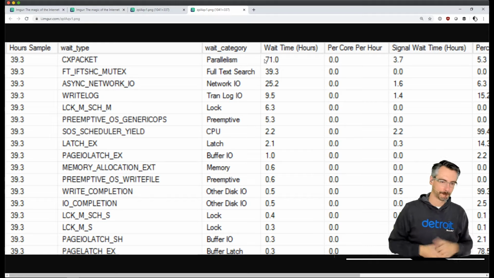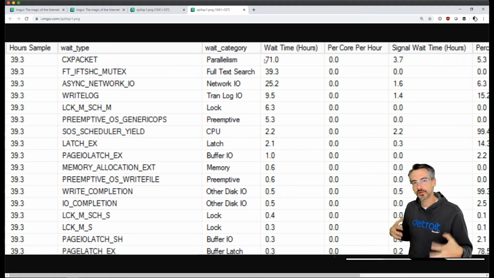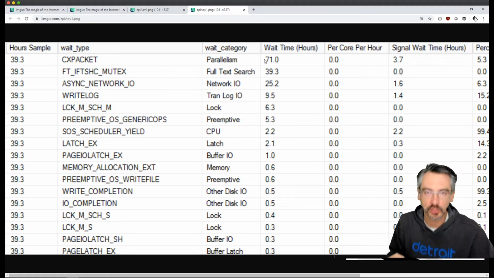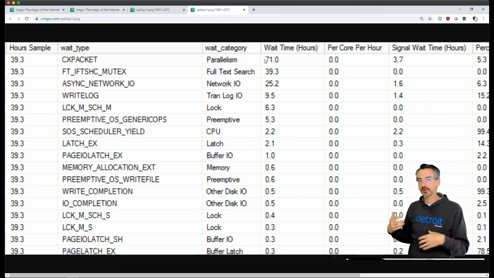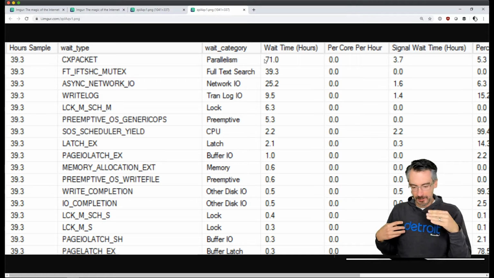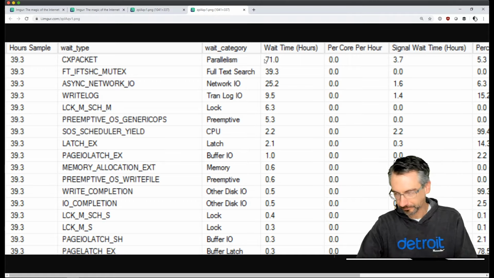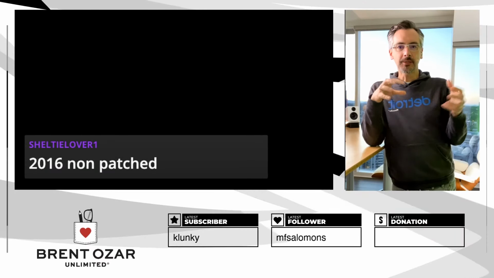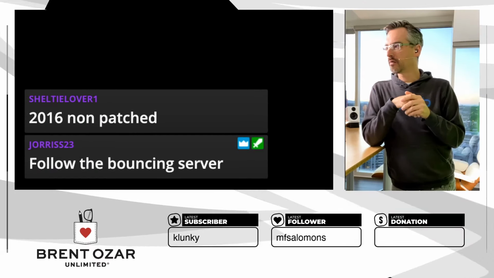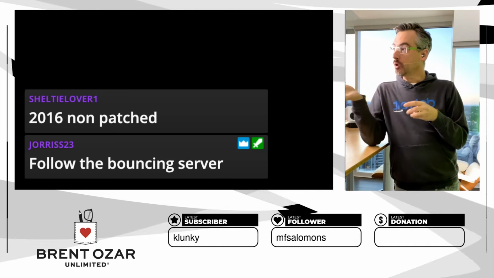What is it? Well, it's hard to tell in the older version of SQL Server that you're on. And I say older, you're on either 2014 or prior, or else you haven't patched 2016 to current levels yet. Because this wait type was really cryptic for a long period of time. I'm going to talk over to the camera for a minute. So CX packet waits were really hard to interpret for a really long period of time.